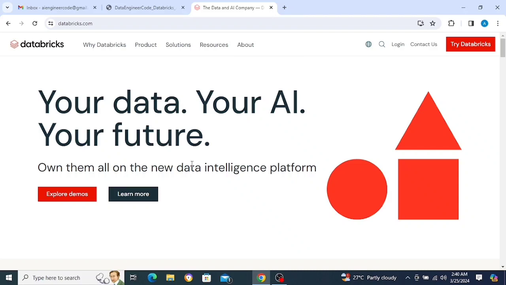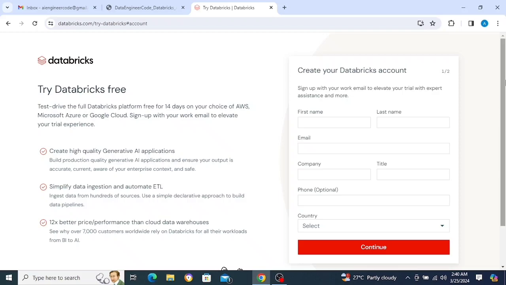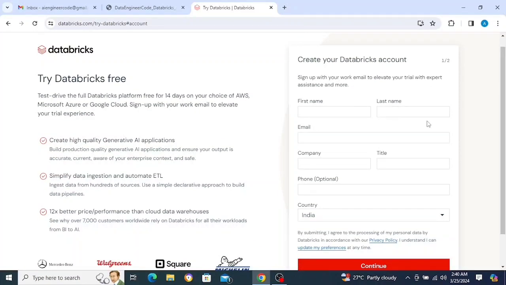On the right-hand side at the top, there is an option available, the Try Databricks button. Click on the button. Here we need to provide some basic details. First name, enter email ID,